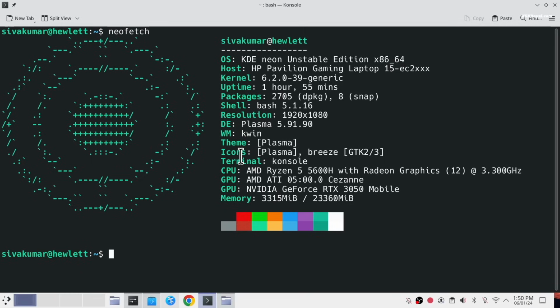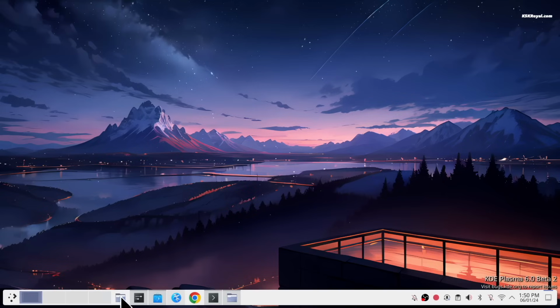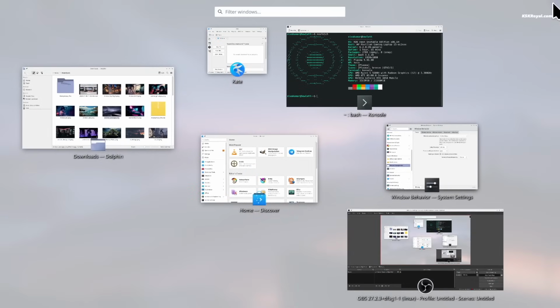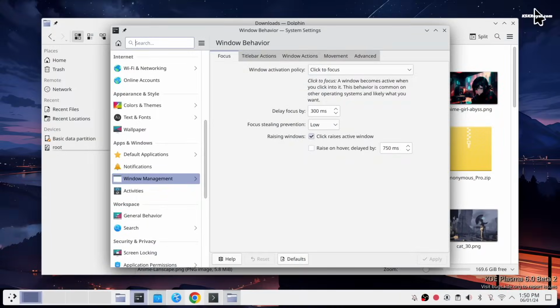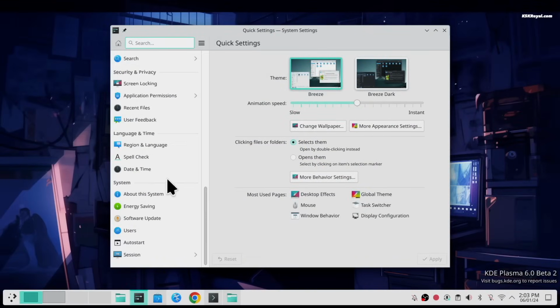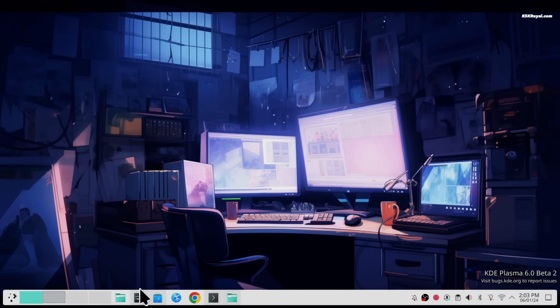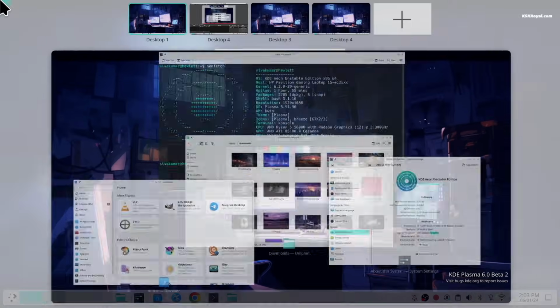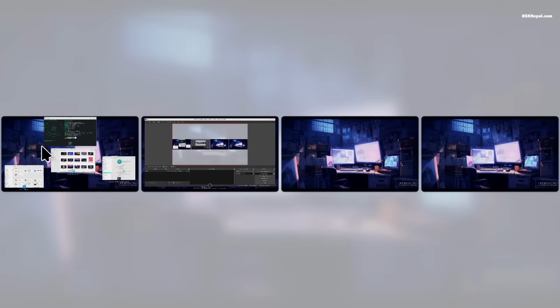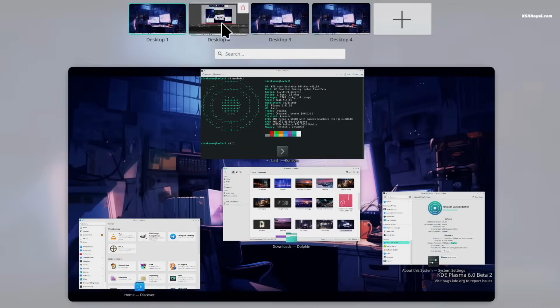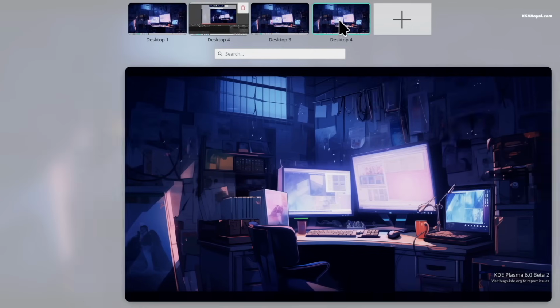This is the first look at Plasma 6, the upcoming release from KDE that brings stunning updates and improvements. KDE Plasma 6 is built using Qt 6, the core framework, ensuring seamless integration with the Plasma desktop environment. This means all the core KDE components such as applications and add-ons are updated or ported to Qt 6. At the time of recording this video, Plasma 6 is in beta, and the features or the changes you get to see in the final release may appear stable.